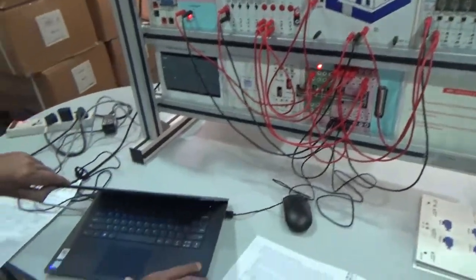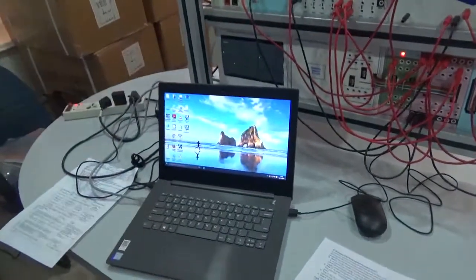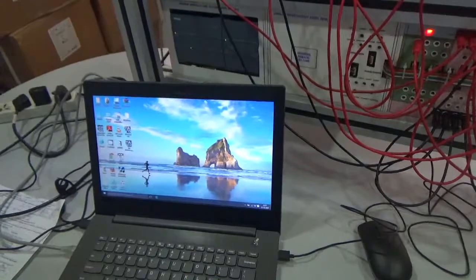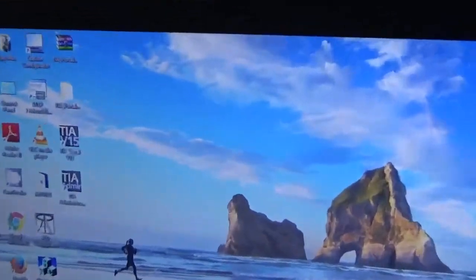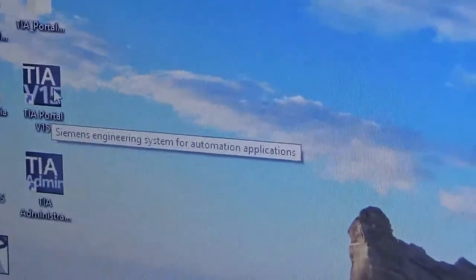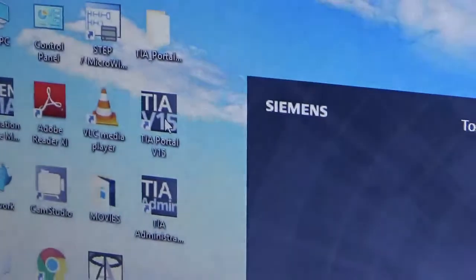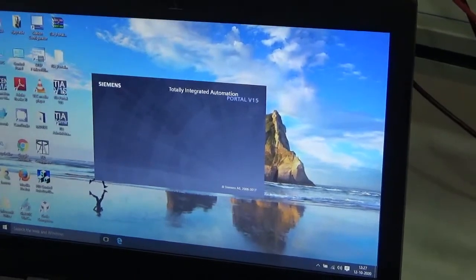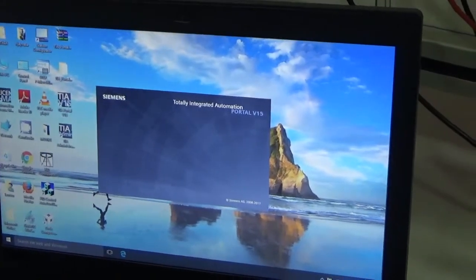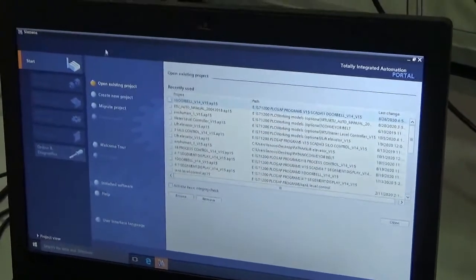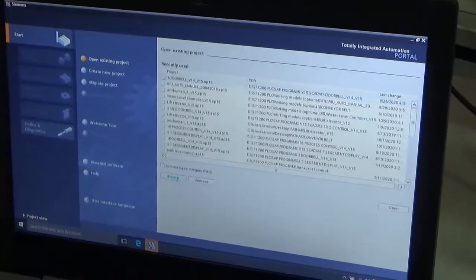First of all, we require the installation of the TIA Portal V15 software. After installation, we receive the icon here. Click this icon. Then go to browse. Browse means where your program